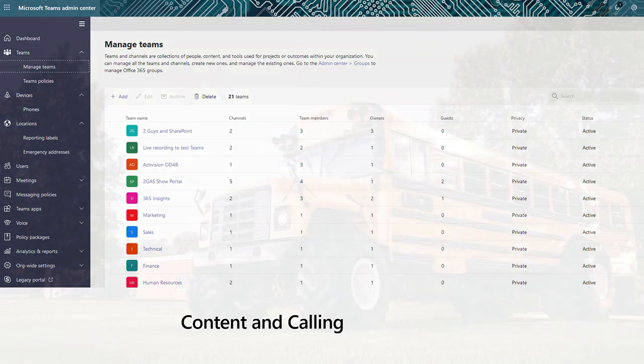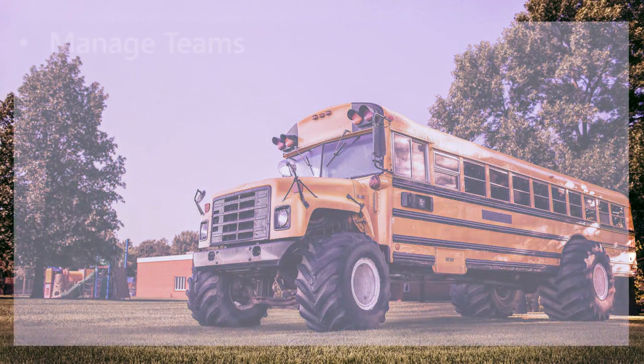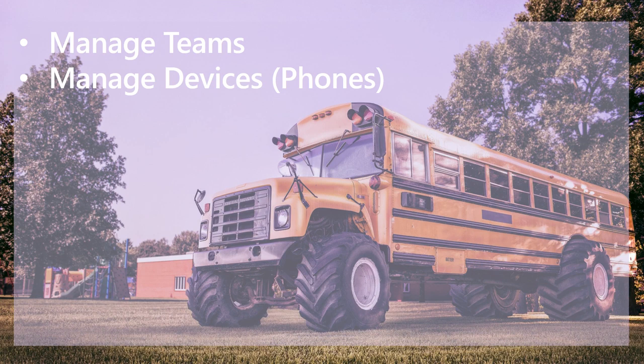So when we actually look at what we need to know when managing Teams from an administrative perspective and how it impacts users, the first thing we need to know is that we actually manage teams there. How do you create a team? What sort of policies do you put in place? We also manage devices. So those that have meeting room systems, where you have physical devices in meeting rooms, you actually manage it out of there, and your phone telephony stuff also comes out of there. We also manage users, so the calling policies for users, and that's all Warren stuff. I don't care about someone making a phone call in Teams, and it's going to talk to the other side of when we go through this.